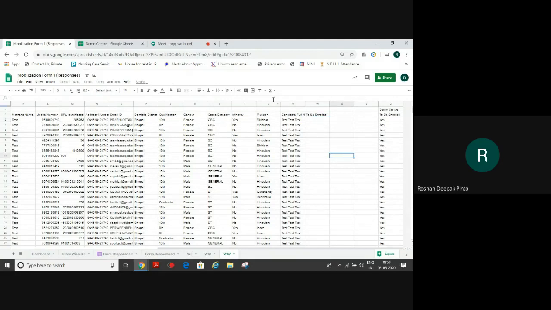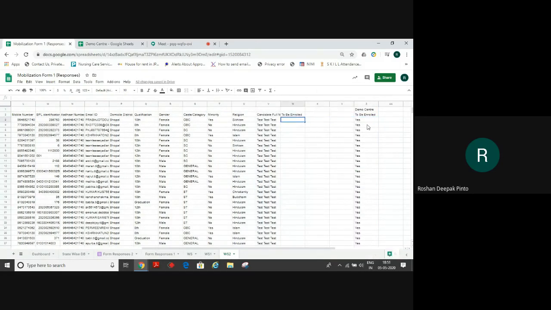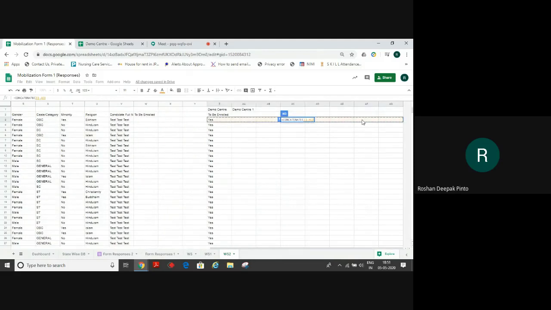Let me just add some more columns to the right that I can use more space for. So more answers will come here: demo center 1, demo center 2, whatever, n number of centers you can have. So here I'll concatenate from here till the end. So whatever yes is there, it will give me the answer back here, yes.